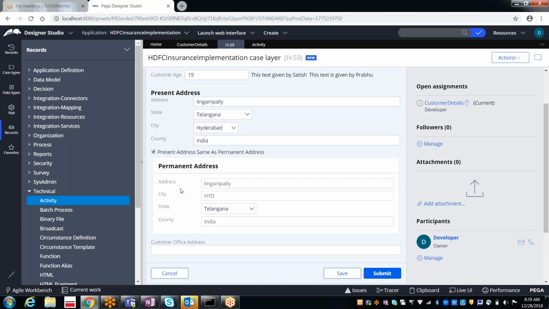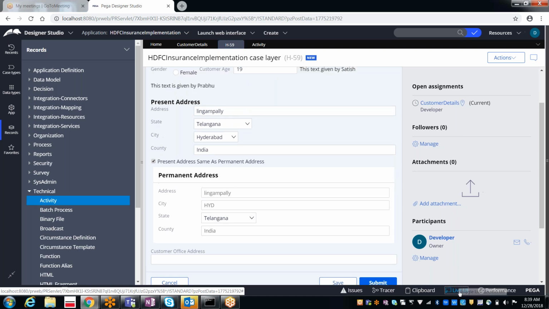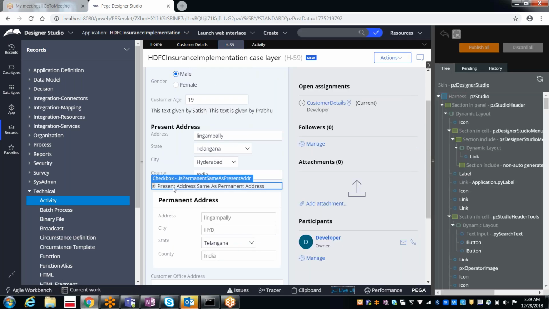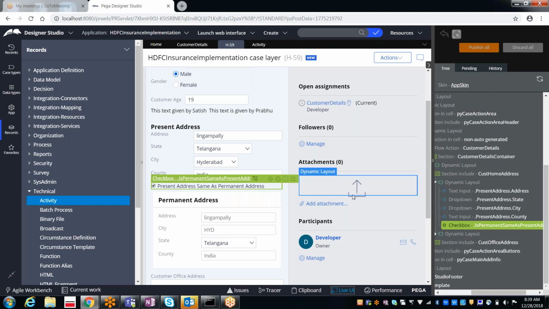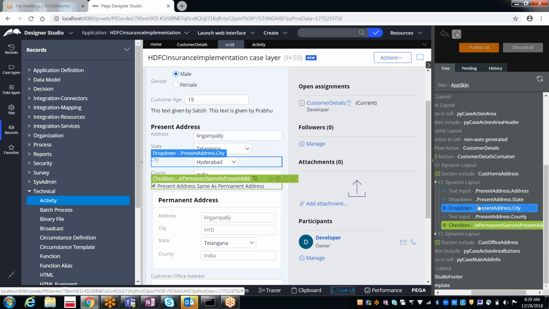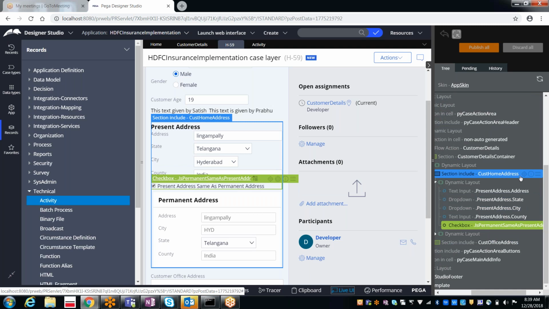I just wanted to know which activity is getting called, so we can use the live UI. From the live UI, select this checkbox. Where is this checkbox available? In the customer home address section.